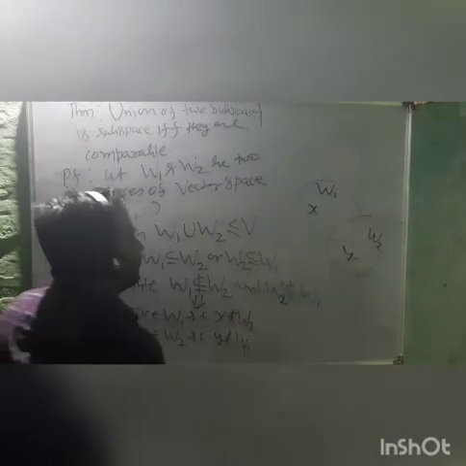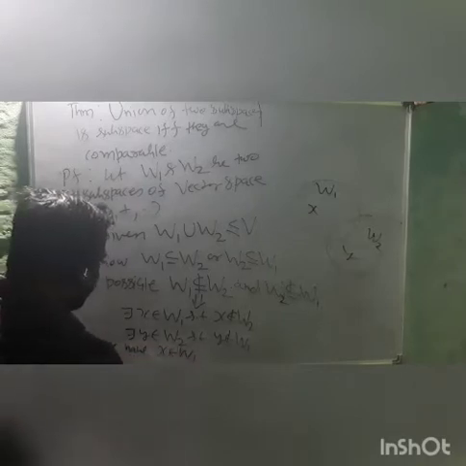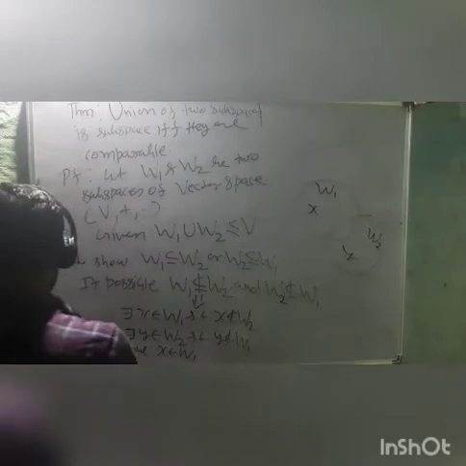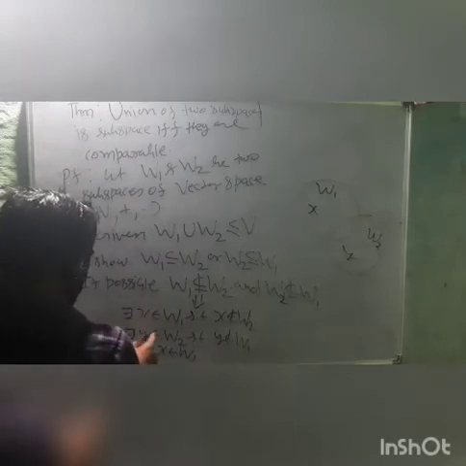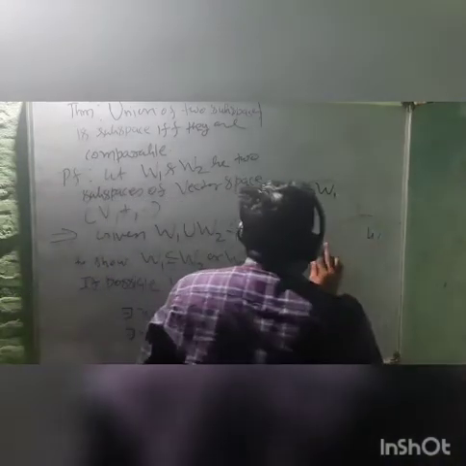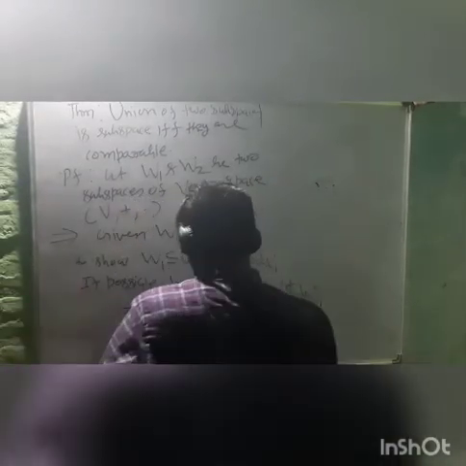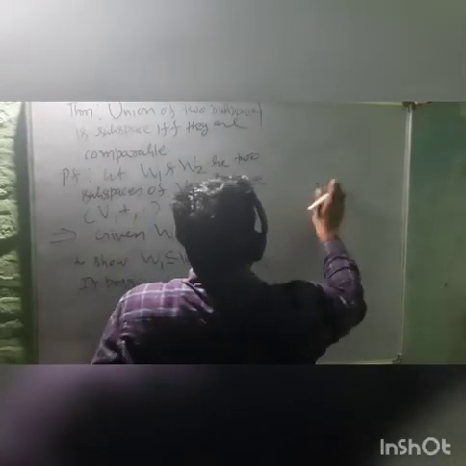Okay, and now let's write down what we have here. That is going to be very helpful. So we have X belonging to W1, and that is already written on the board anyway. So X is in W1 but X is not in W2, and Y is in W2 but Y is not in W1. This we have. Okay, so keeping this in mind, now clearly